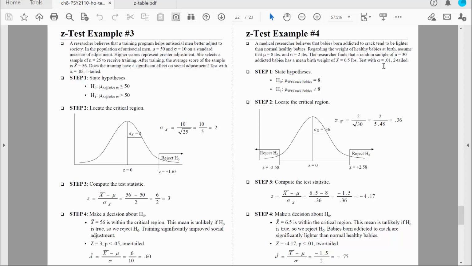Remember, that alpha level is very important. It's that alpha level that determines how much evidence we need to find statistically significant results. In other words, it shows how much evidence we need to reject the null hypothesis. Keep this in mind too. Theoretically speaking, that alpha level determines the probability of us making a type 1 error, and we don't like to